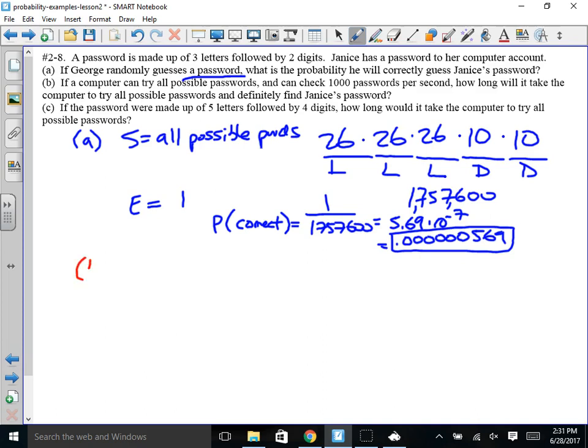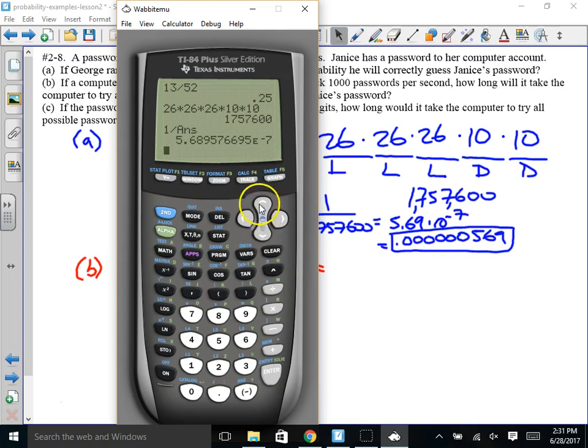Well, we know from the first part that there are 1,757,600 different passwords, and we know that the computer can try 1,000 passwords per second, so for every 1 second we can try 1,000 of the passwords, then that means that if I take a calculator and take this number right here, and then I divide it by 1,000,